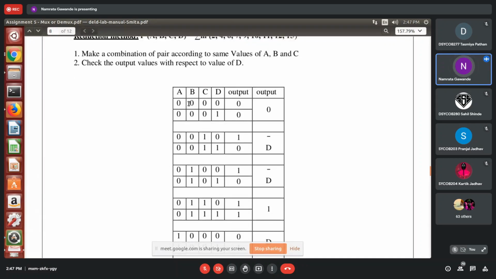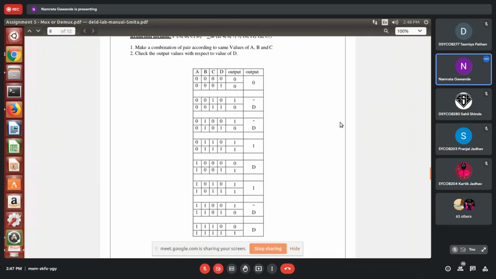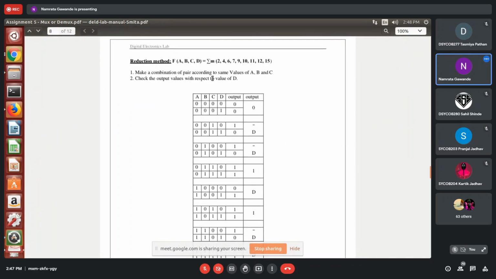So what you can see over here is this particular truth table, A, B, C, D. Whatever minterms are present over here, for those the output is 1, and for the minterms that are not present, the output is 0, right?